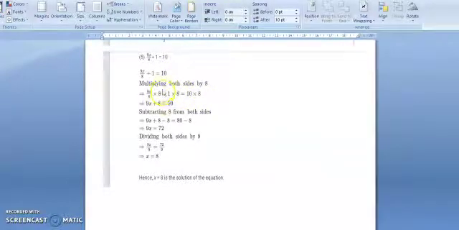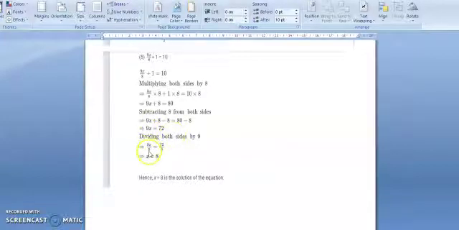Okay. So what will you get as the answer? This 8 and 8 will get cancelled here. So only 9x will remain and 8 into 1 is 8. So 9x plus 8 equals 10 into 8, which is 80. Subtract 8 from both sides to eliminate this 8. 9x plus 8 minus 8 equals 80 minus 8. So 8 will get cancelled. 9x equals 72.